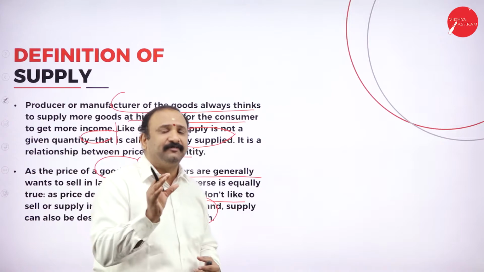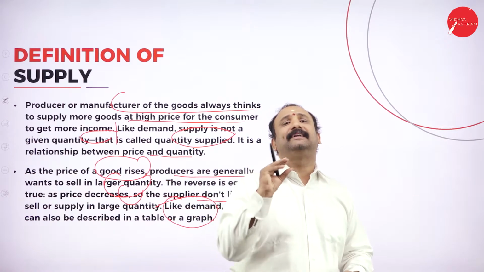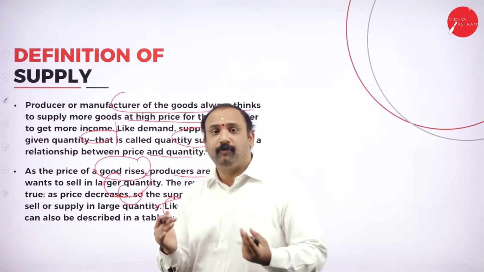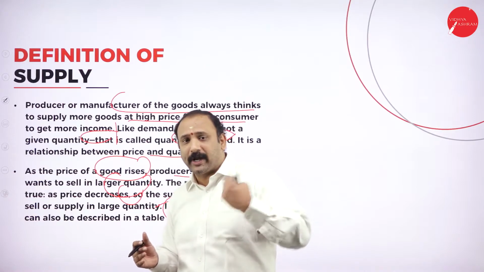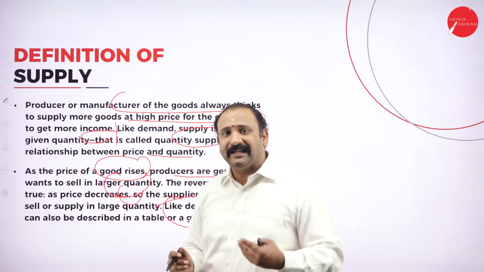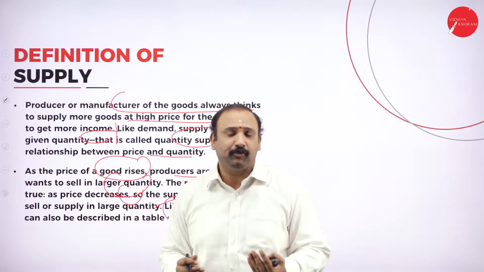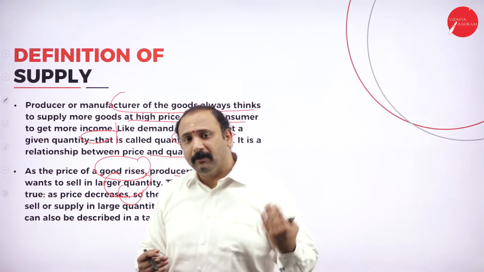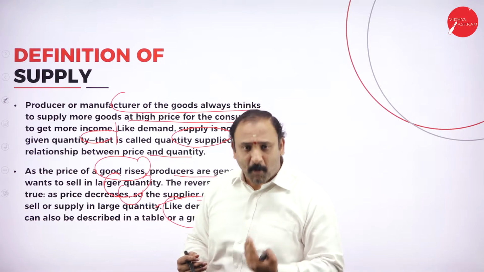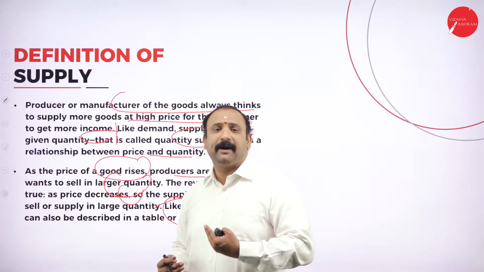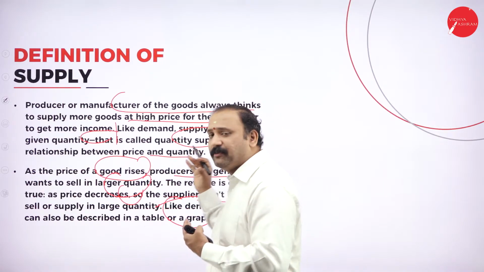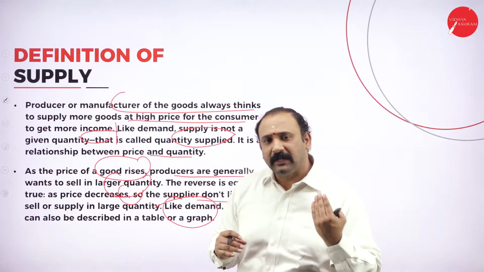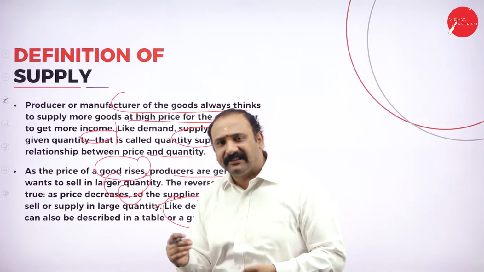Supply is a curve that will keep shifting according to market trends. Today, if you go to the market and ask for an iPhone 4, you might not get it because that version is quite old and out of the market. But you might definitely get an iPhone 10, 11 and 12, though not an iPhone 4 so easily. Why? Because it was launched years back and today people don't want that. People want the newer versions of iPhone, but they don't want to go back and buy the older versions. That's exactly where supply comes in. As the price rises and there is a trend for it, the goods will keep going to the hands of the consumer at the prevailing price.